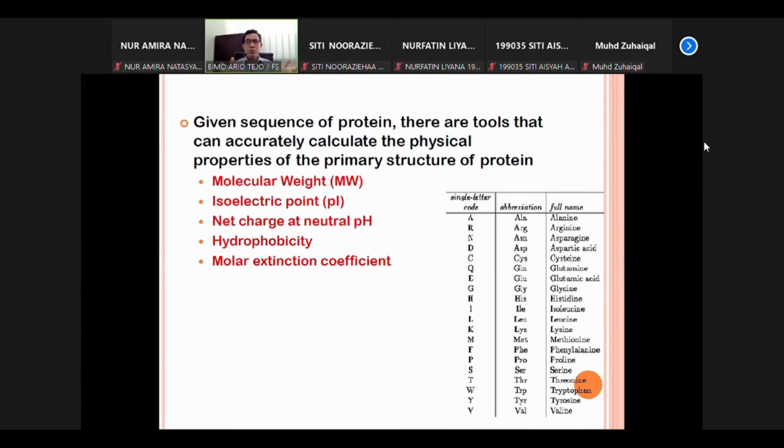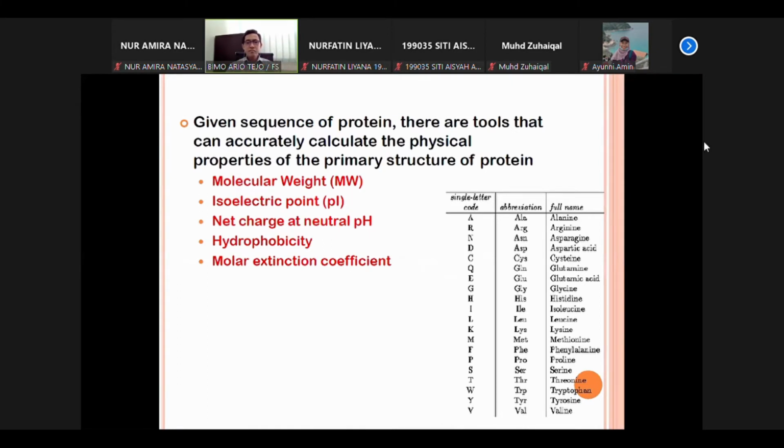For example, when you work with a vaccine, you want to make sure that your vaccine is soluble at certain pH, for example, at pH 7. So when the vaccine is injected to someone, it's still in its soluble form. So you have to make sure that the protein in your vaccine has its charge at the pH that you use in the vaccine.